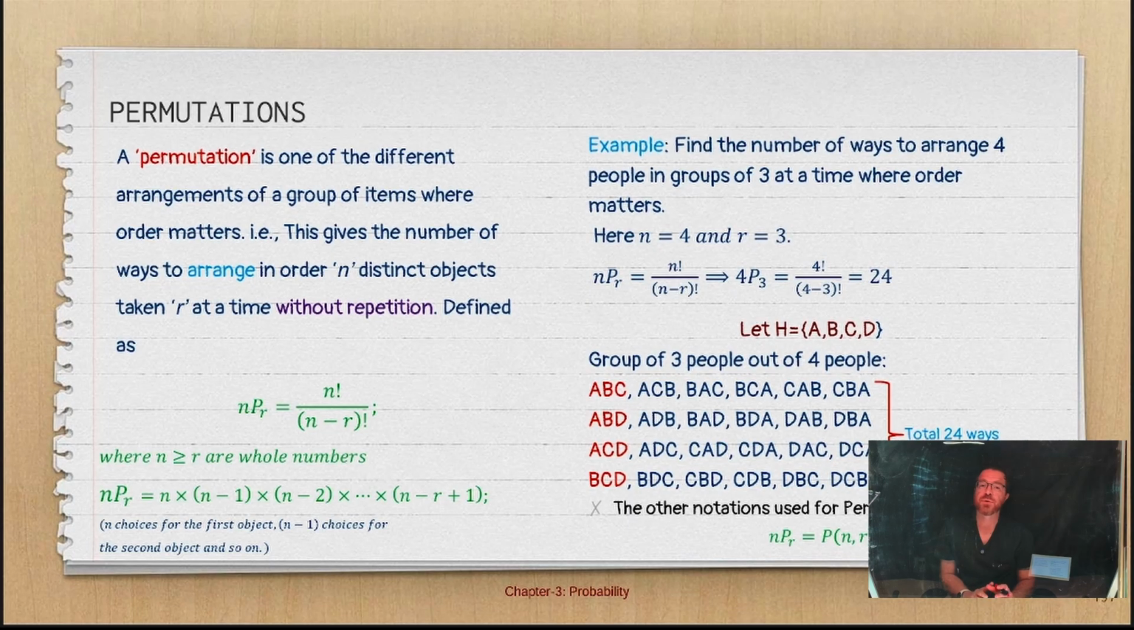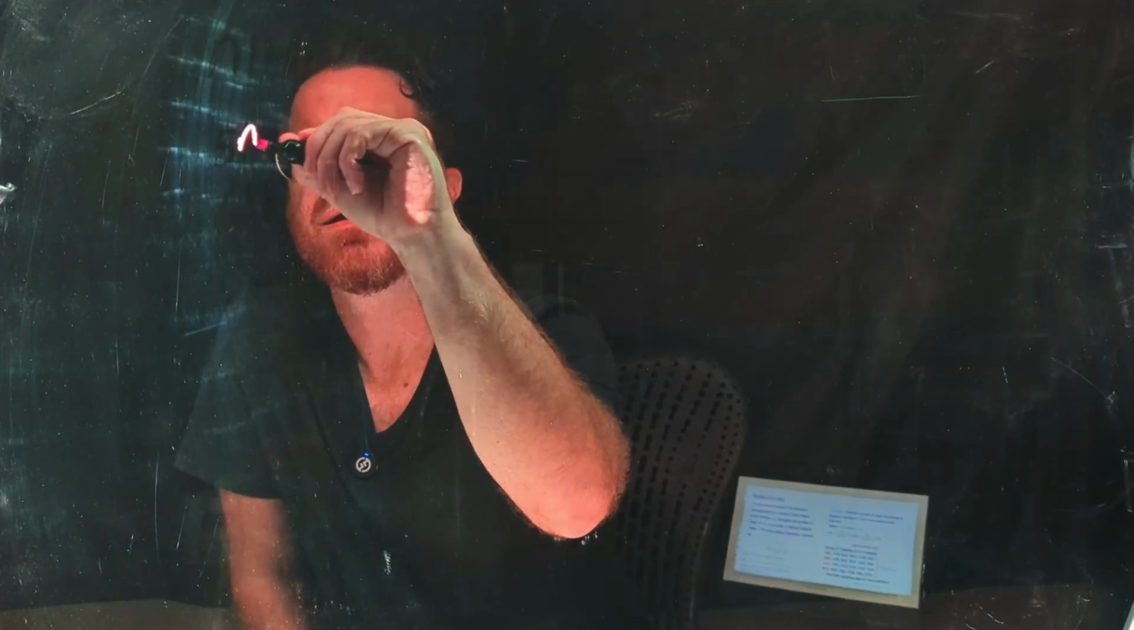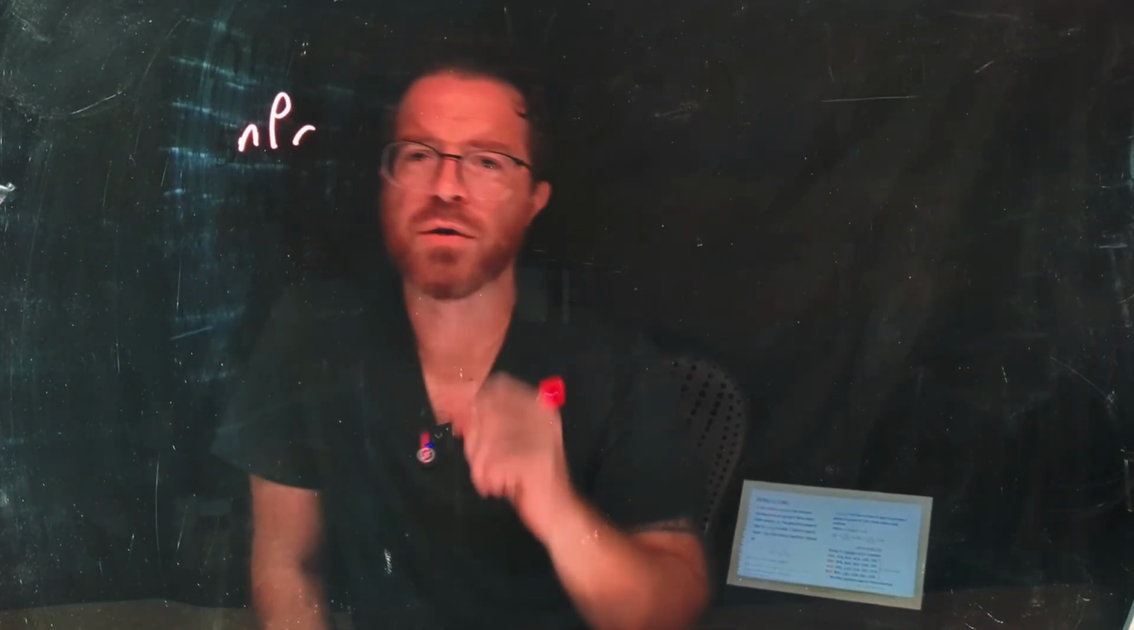Now that we've covered factorials, we're going to look at permutations. So a permutation is just one of different arrangements of a group of items where order matters. And that's the key part about permutations. Order matters. Basically what you're doing is you are looking at, if I have some number n objects to choose from, how many ways can I arrange some subset r of those where order matters? And the way that we would write this is it's going to be nPr, for n permute